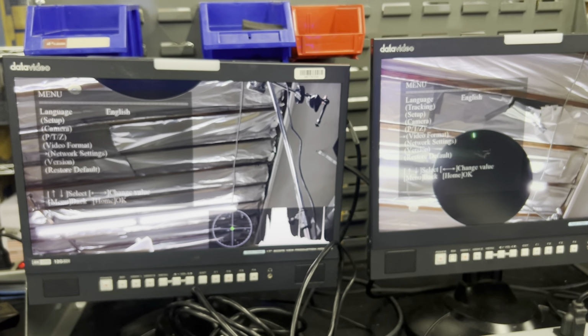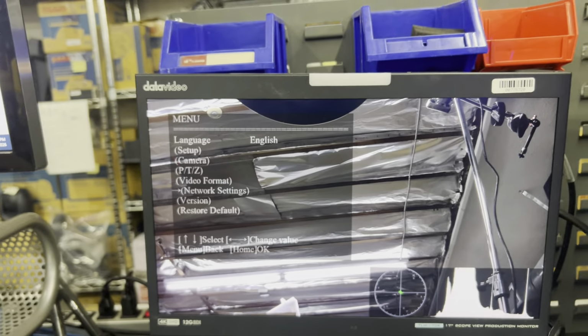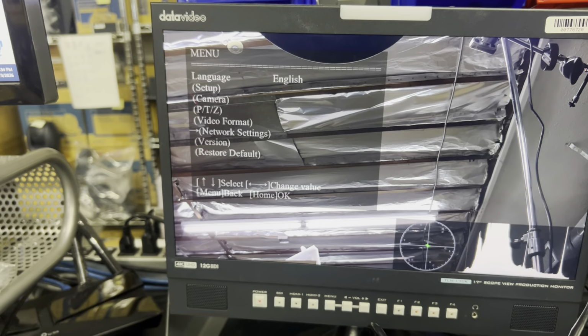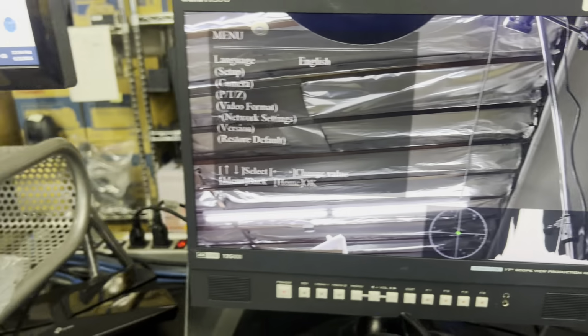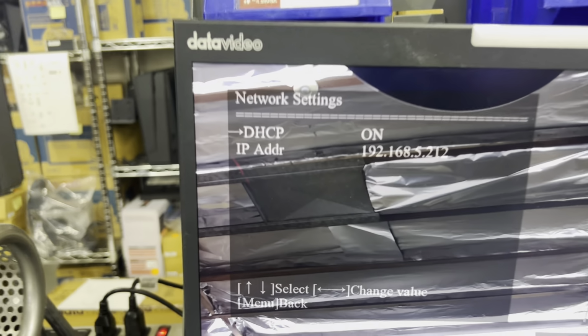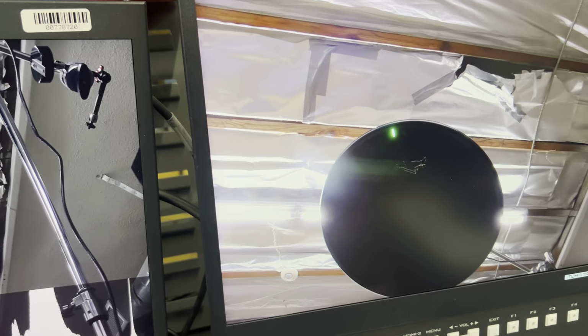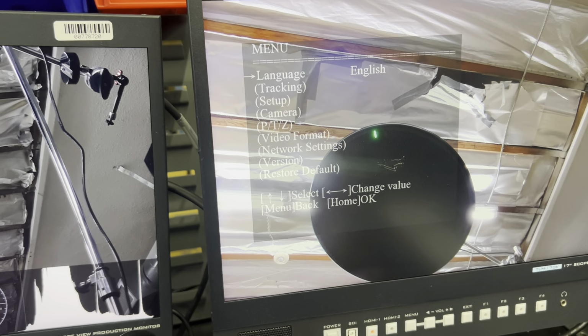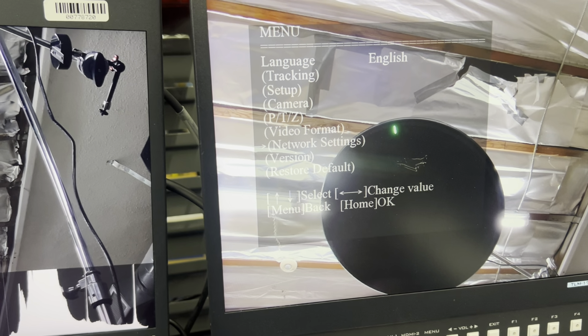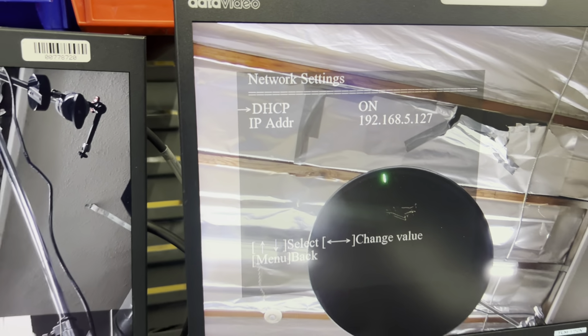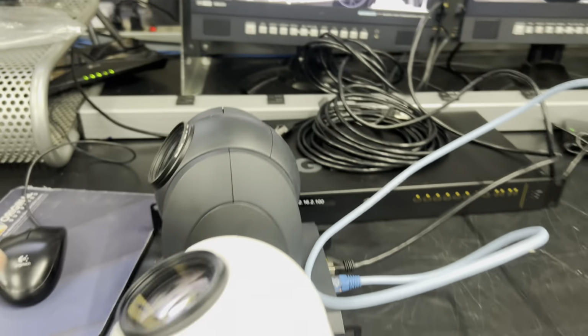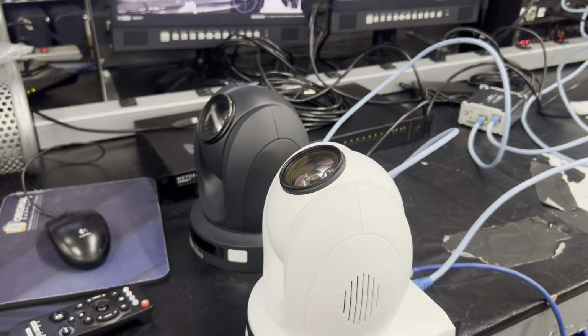Okay, so for both, there is an extra step here because one has auto tracking and this one doesn't. But essentially, you would go to network settings on both. Then from there, click on network setting and just confirm that DHCP is on. Once you confirm on both that DHCP is on, let me go to the 145T. Yep, DHCP is on. Once you confirm both 145 and 140T are on DHCP, it will give it an IP